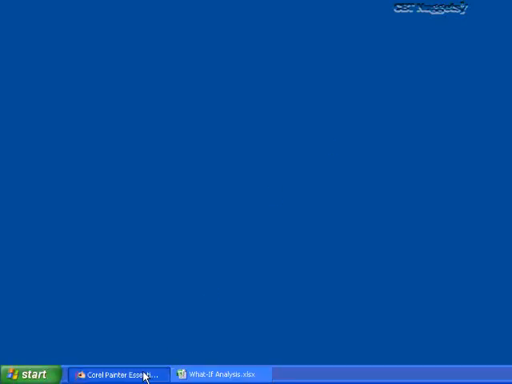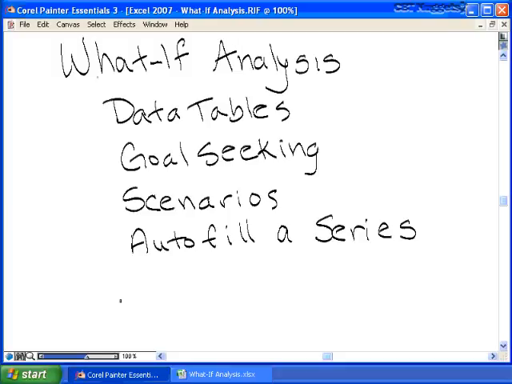Excel 2007 What If Analysis. Chances are you're dealing with a lot of numbers in your Excel spreadsheet, and you're probably trying to predict what's going to happen in the future. So here are a number of different techniques that you can use to prepare for the future, or really compare